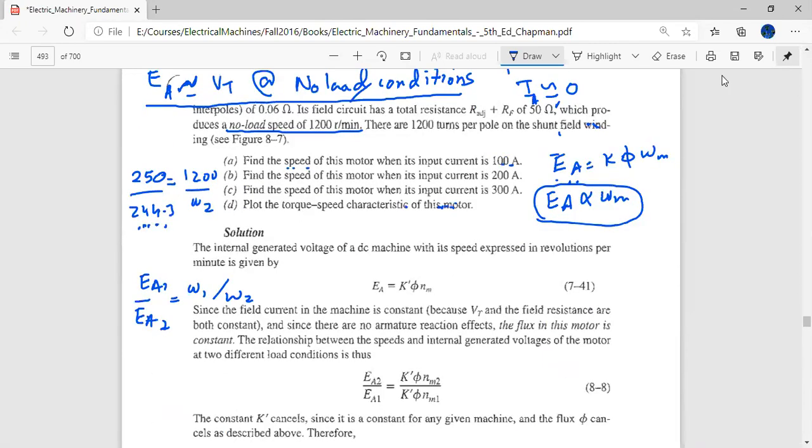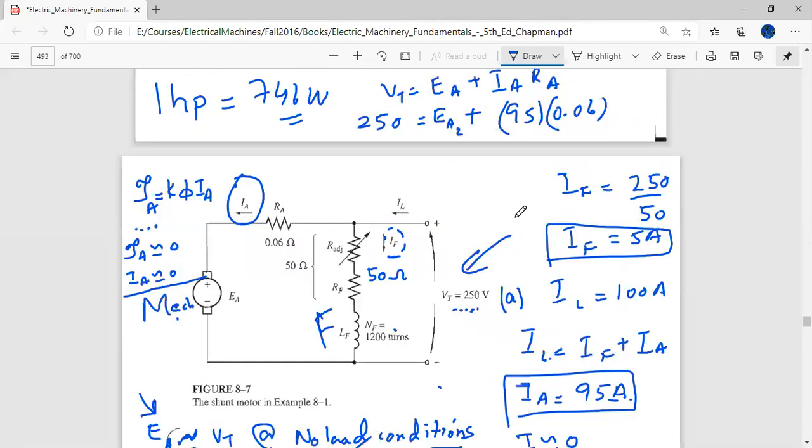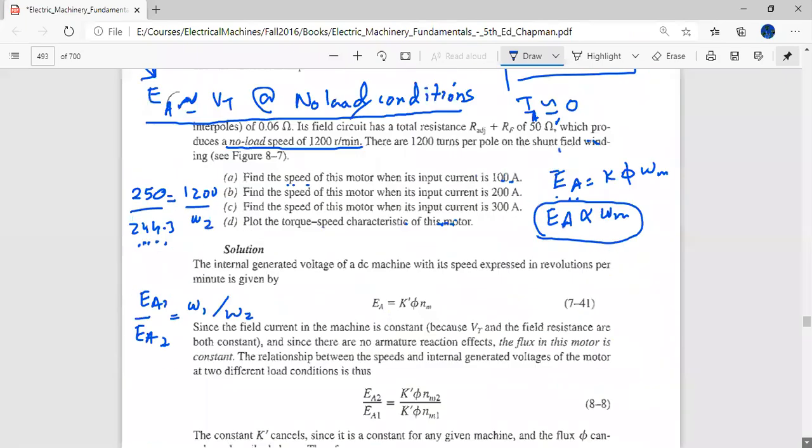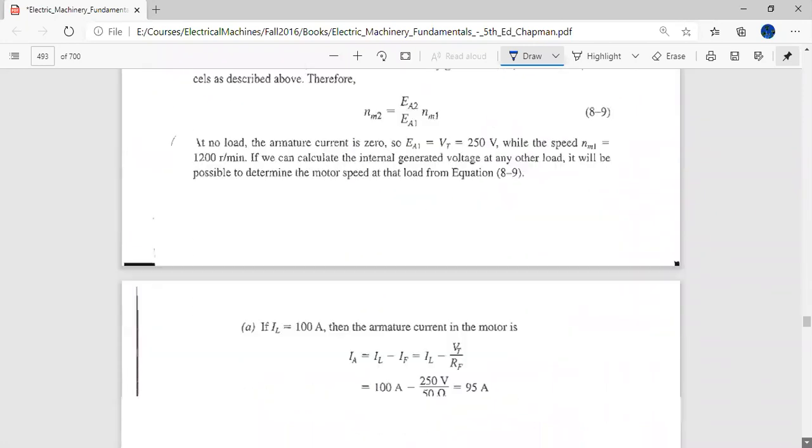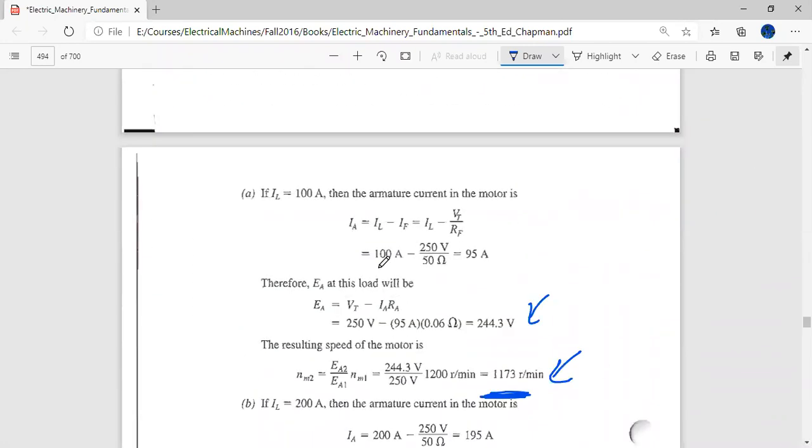So this 1173 is definitely lower than the no load speed. That means the motor became loaded. When the input current becomes 100 amperes, 5 ampere was still going in the field as in the no load case, but now 95 ampere was going in the direction of the armature, as we saw over here. So when this new current in the armature becomes very high, increasing from 0 to this value, the motor is becoming loaded. And we know that under the loaded condition, the RPM falls. This is exactly what we saw, that the RPM fell from 1200 at no load to about 1170.